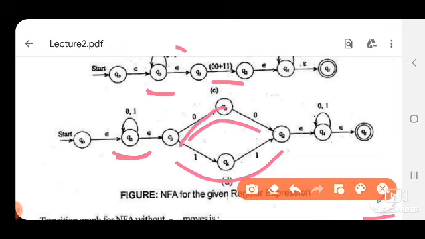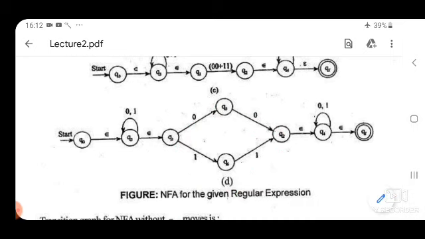So this is 0 dot 0, it means one 0 is prior to another 0, and here same 1 dot 1. So this is the final figure for the whole expression. Okay, but this figure is using null transition.